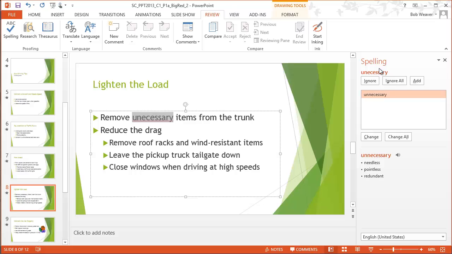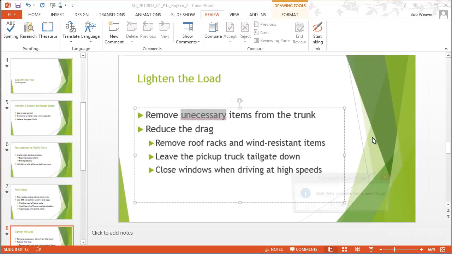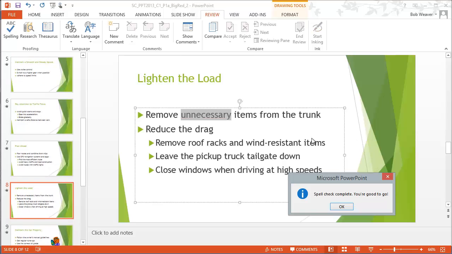And I want to, they have the word and it's misspelled. It's not unnecessary, it's unnecessary or something else. But they're giving me the suggestion for this, which has two N's, unnecessary. That's what I want, and I want to change that. So I select the change, click it, and then it's going to go through there and change that for me